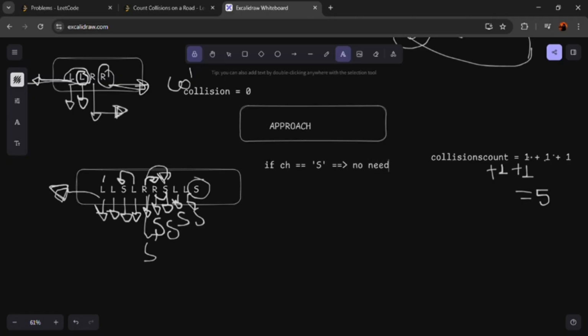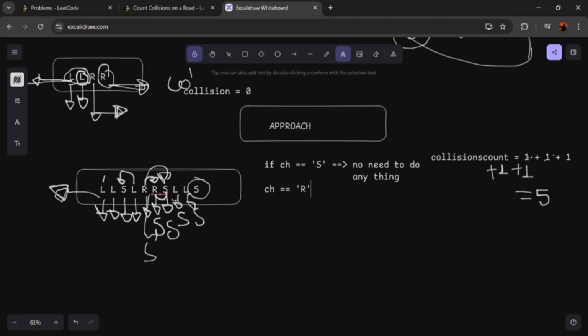No need to do anything, just continue. Okay, but if it is equal to R, then we have to see